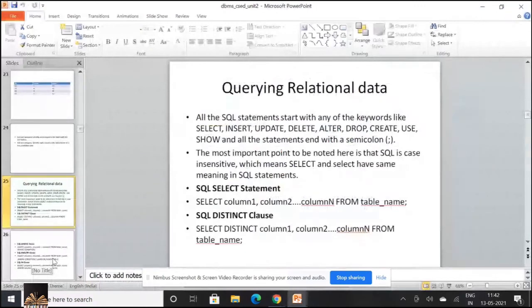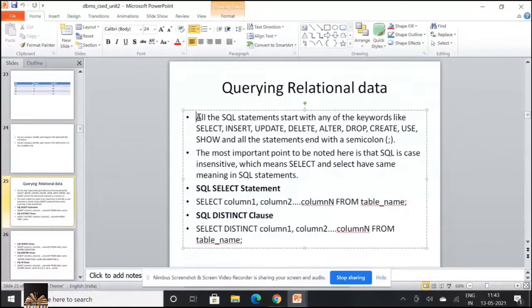Okay, now the most important topic, and the most interesting topic rather, is querying relational data. So whenever you want to query a database, you have to have a thorough knowledge of all the keywords that you are going to use.